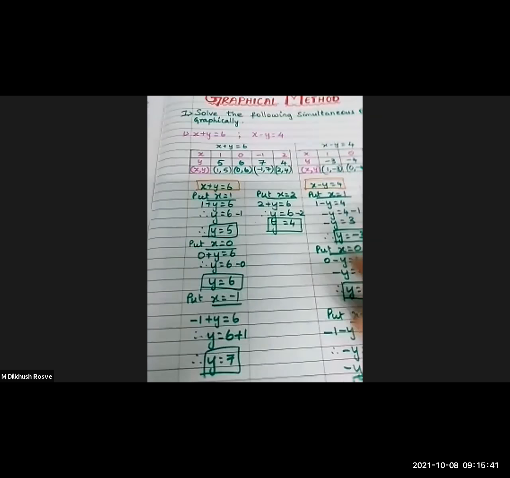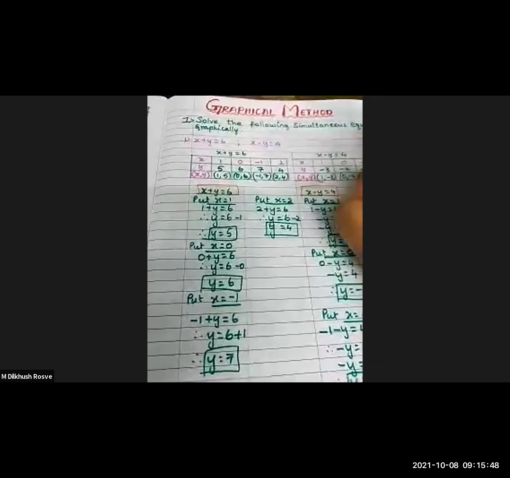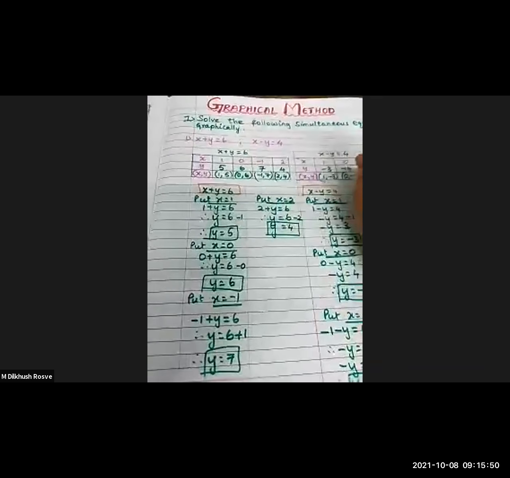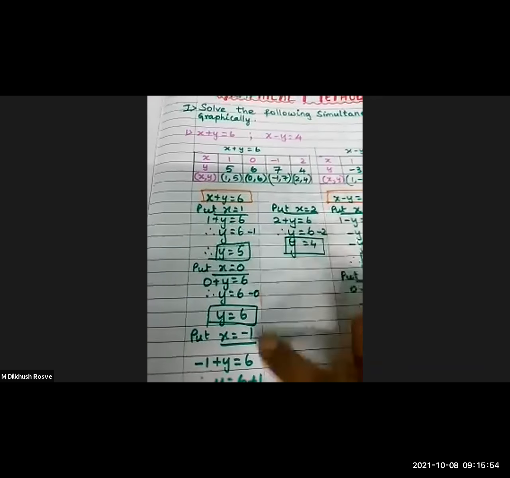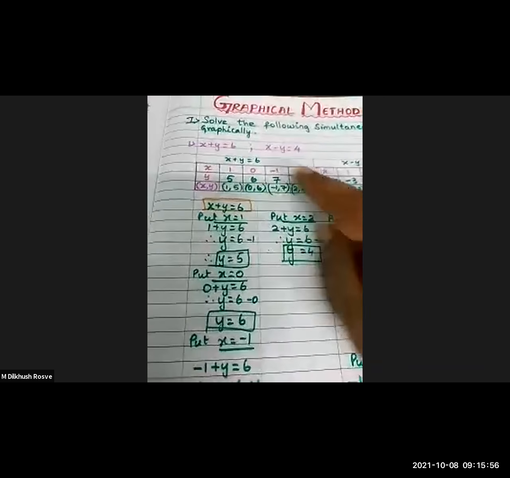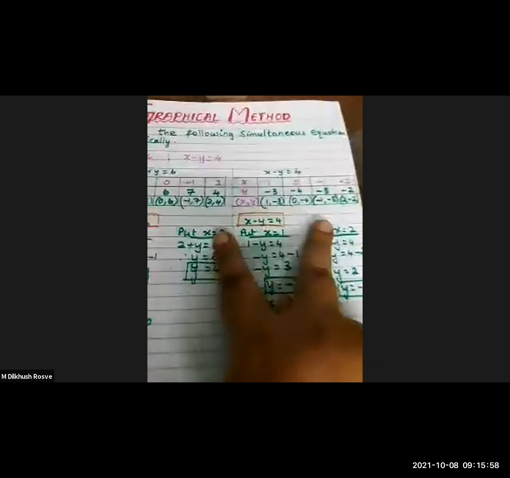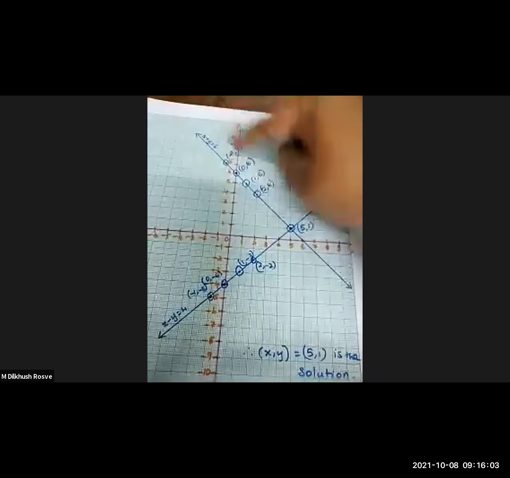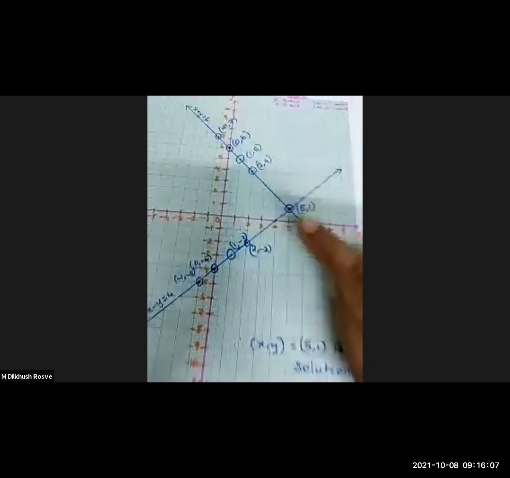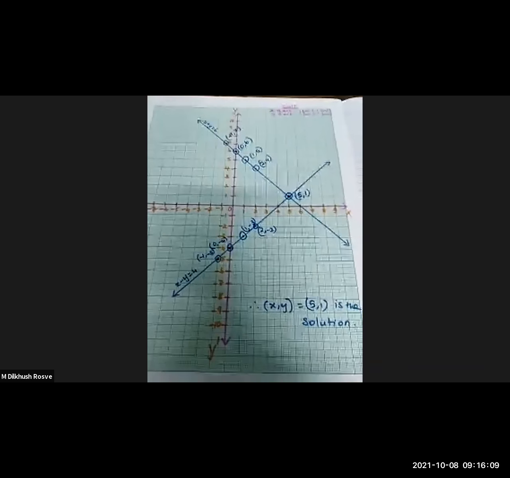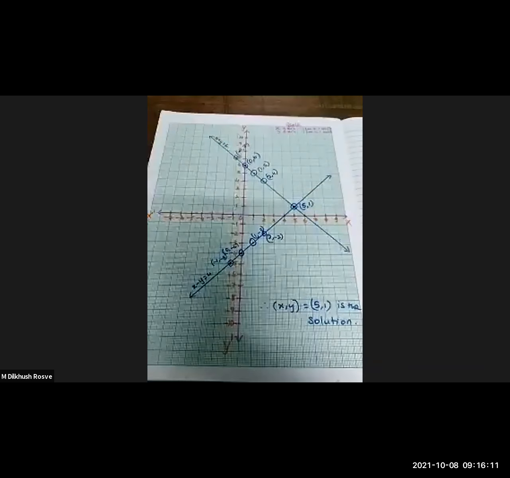See, step by step we did. So this is 3 marks. Solving by the graphical method carries 3 marks. So it is very easy to score the marks. Understood, children? See, first you have to find the points by using the table. For both equations, you find the points, and then you have to draw the lines and find the intersection point. So you will get the answer. Clear, children? So take a screenshot if you want.